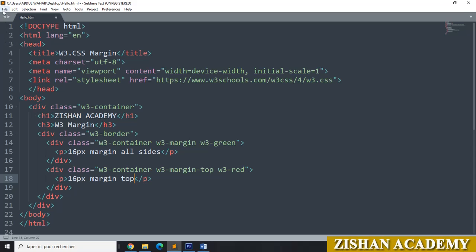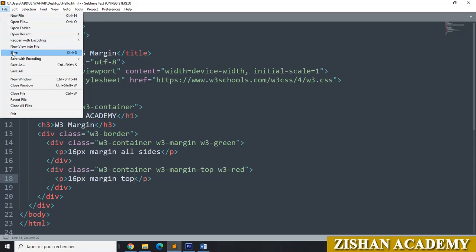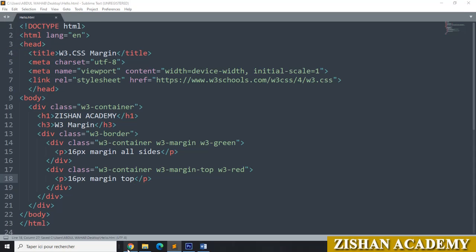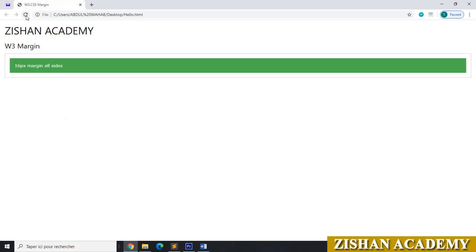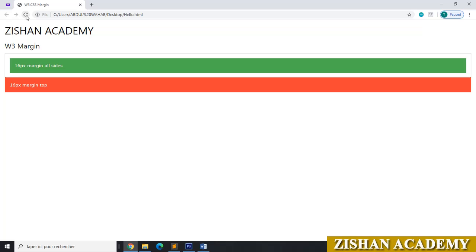Now let us save this one. Go to file, save this one, go to the browser, refresh the browser. Here you can see that we got margin in the top. Here we did not get any margin here.